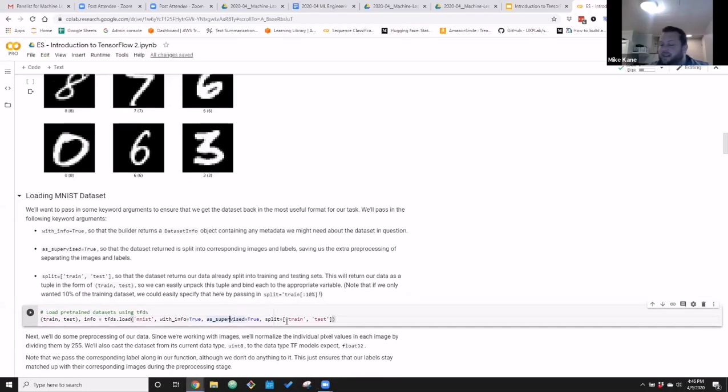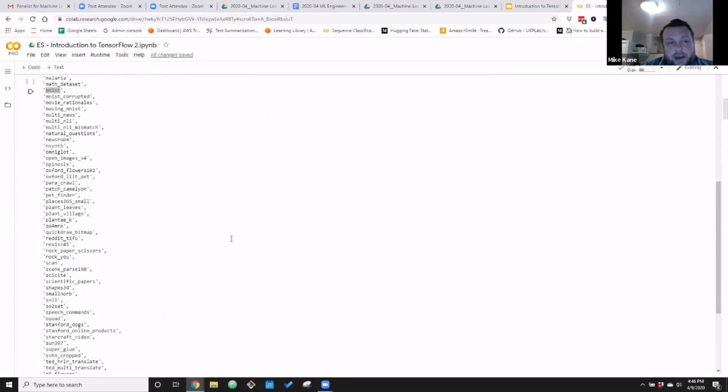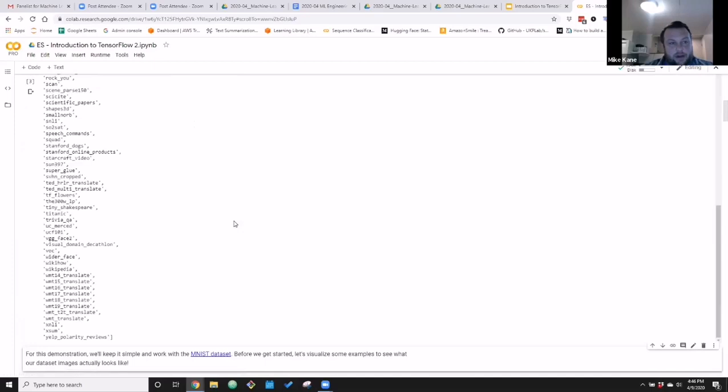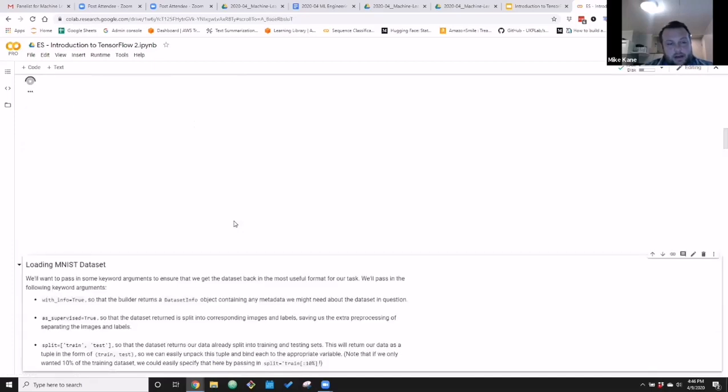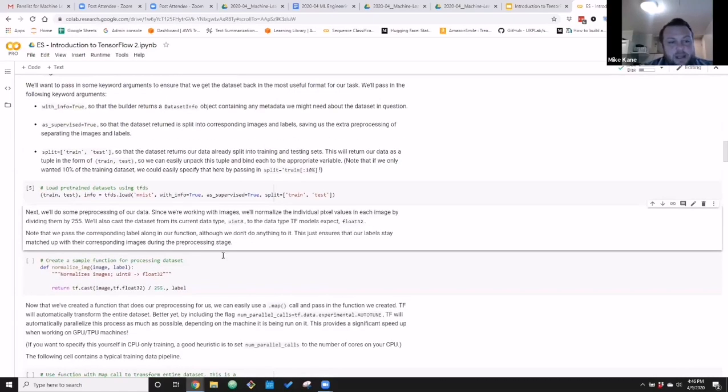We can even tell it, because again, this is a pre-made data set, go ahead and split my data into training and testing sets for me. And that's something that's already pre-computed for MNIST. So if we do that, it'll download this. Now, if you haven't run this before on your machine, it'll take a bit of time to download it. Let me make sure I run these cells from the top, otherwise it's going to yell at me when I try and run them. Okay, and it runs those. And looks like it's already cached. Great.